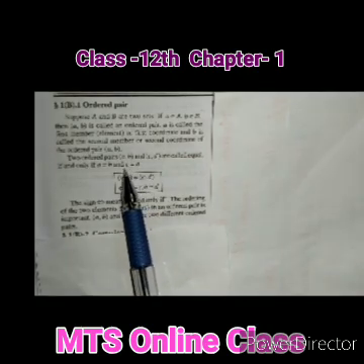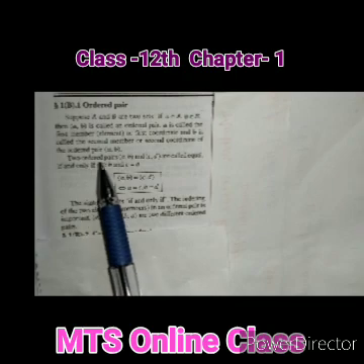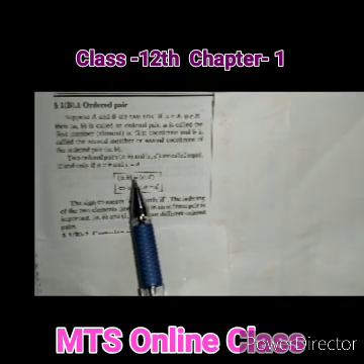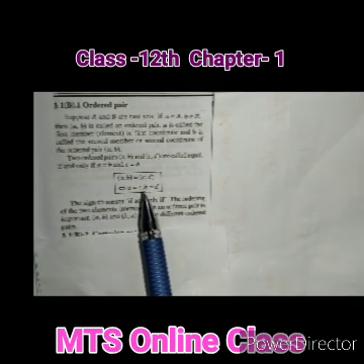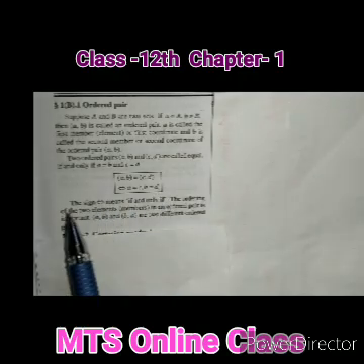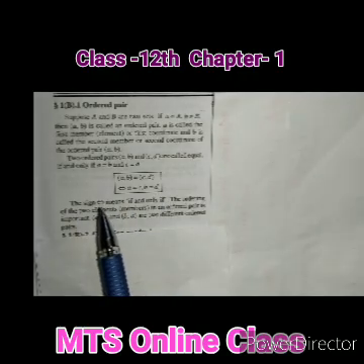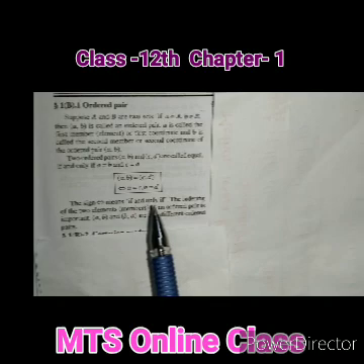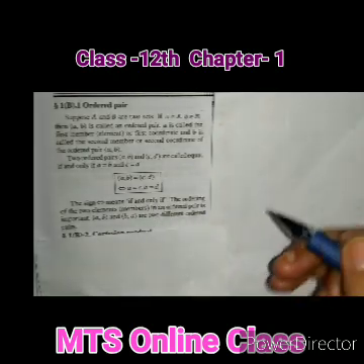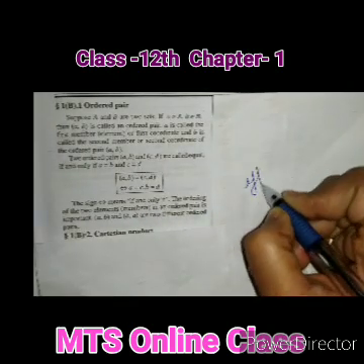So we will say that ordered pairs are equal: (a, b) is equal to (c, d) if a is equal to c and b is equal to d. The sign double arrow means if and only if. We write it like that also.